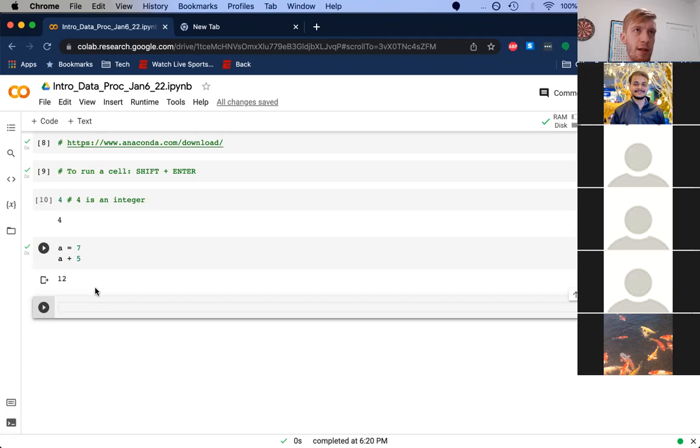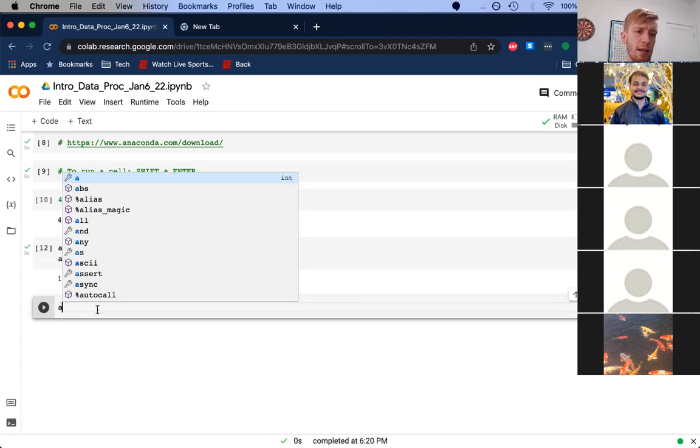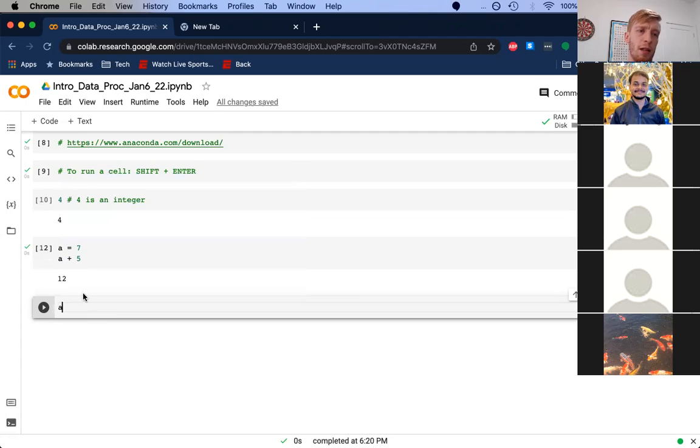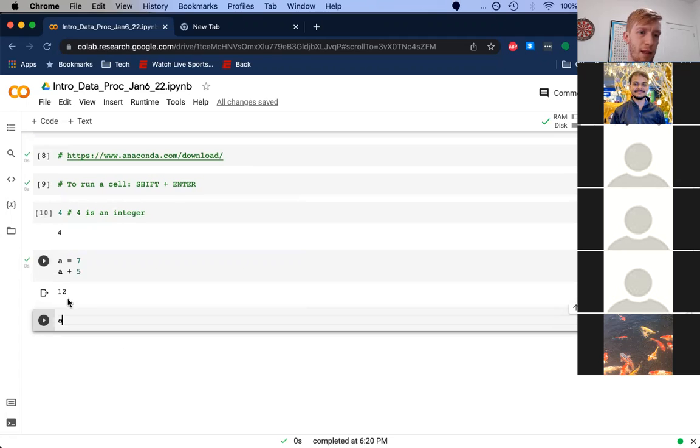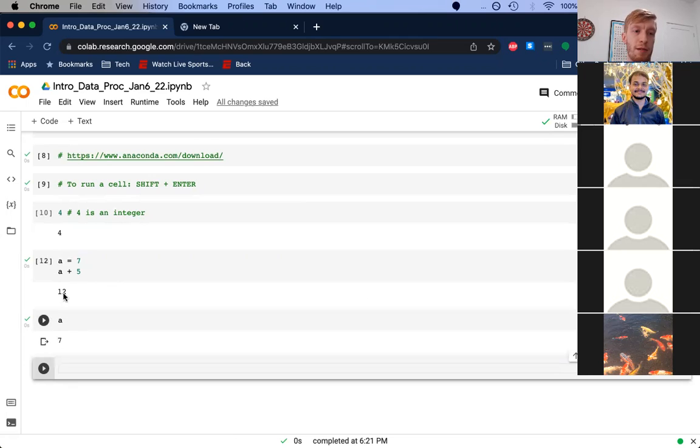The notebook just runs cell by cell, but it also saves the state of everything in your notebook every time you run a cell, which means that even though this notebook isn't currently running, I still have a reference to A, which is still 7. All right, which means you can keep running little bits of code and doing little things, and your browser will store it all in its memory